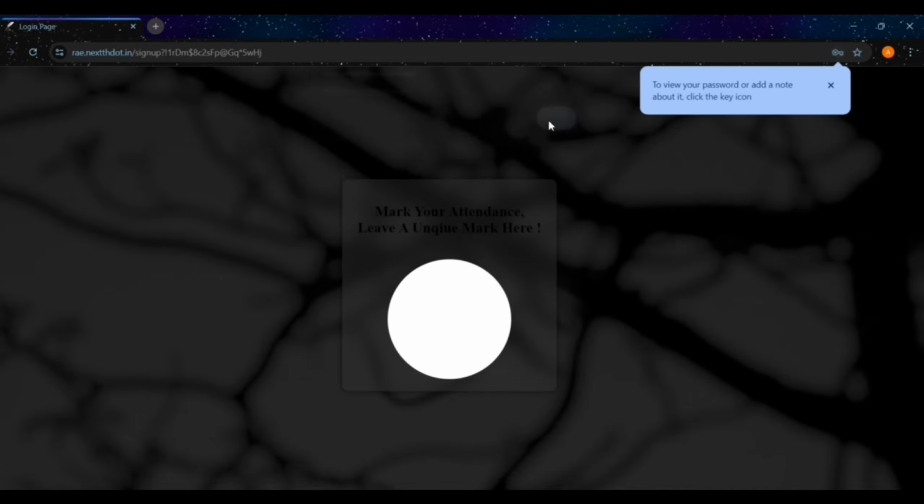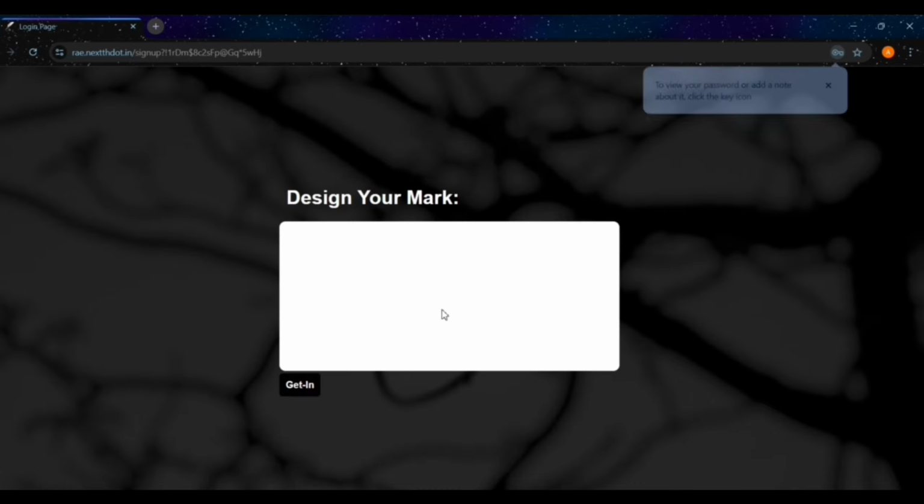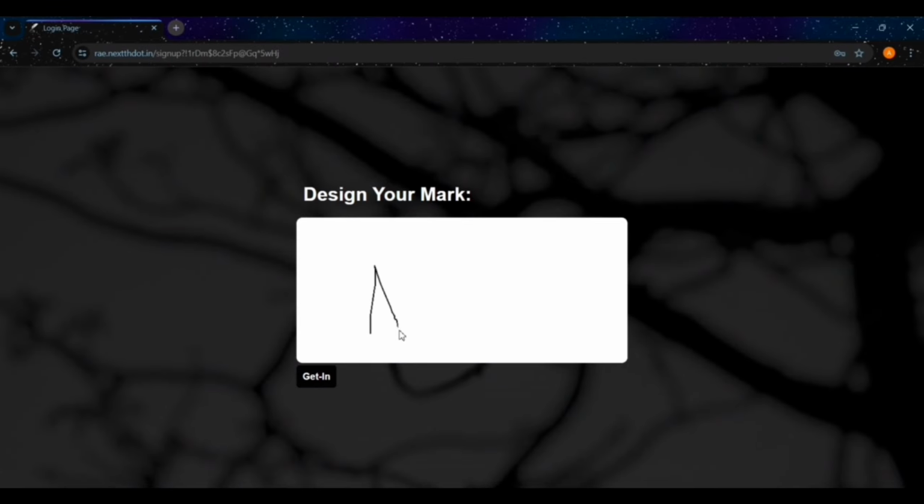And we are done. Okay, now there's one more thing. You have to create a footmark every time you visit RAE. Actually, this is just kind of a login system. Let's do it. I'll design my mark somewhat this way and just get in. Here we go. See, here at the top right corner appears your login mark, and towards the left you're provided